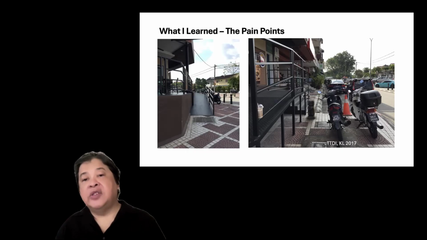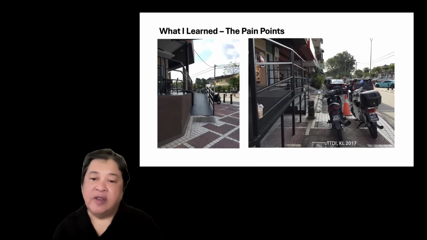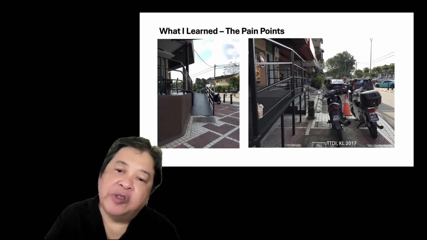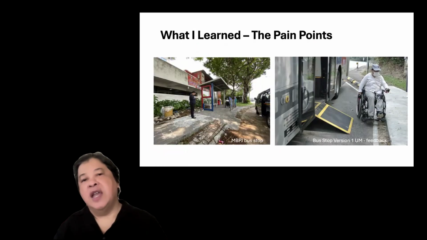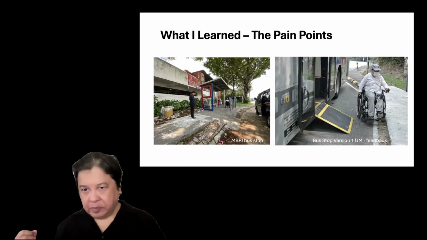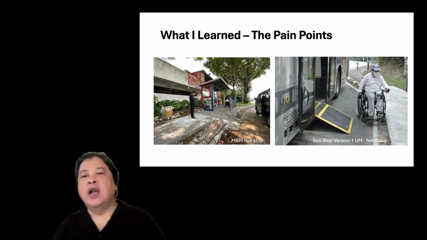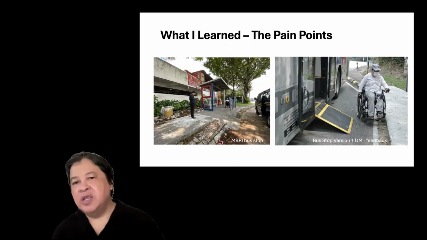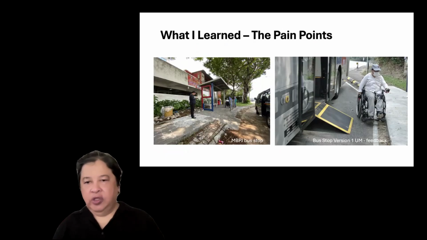It could have been done right so that we can enjoy the built environment more, in terms of facilities for us to go around with ease. Another thing we learned is that even though we built version number 1, a bus stop in front of Residential College 4, the bus driver is not confident enough. Maybe it is the design of the lay-by, or maybe they just do not know to flip down the ramp inside the bus onto the pavement. So we still have this problem of embarking, and gaps in the system